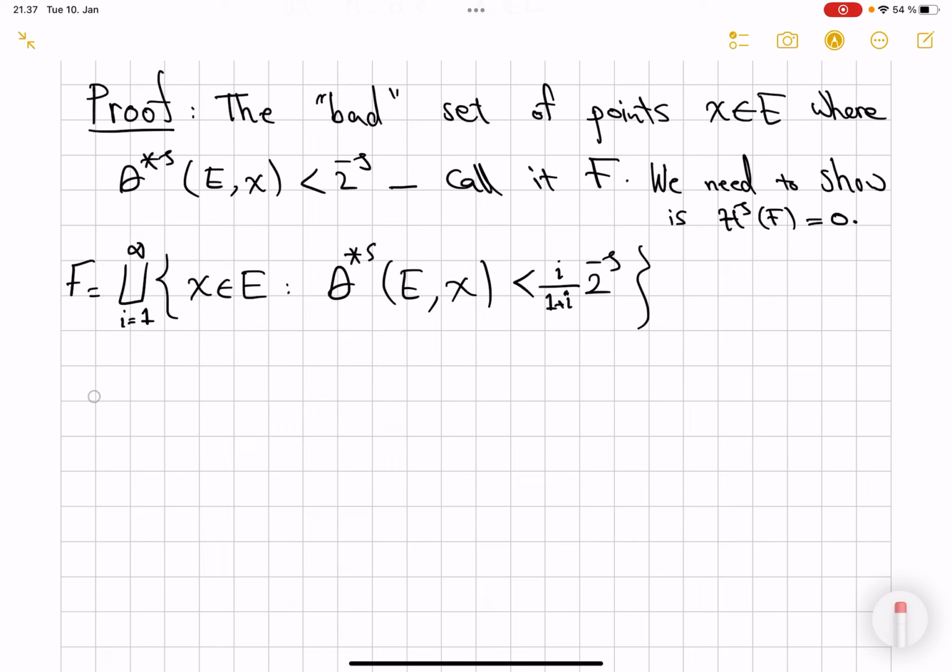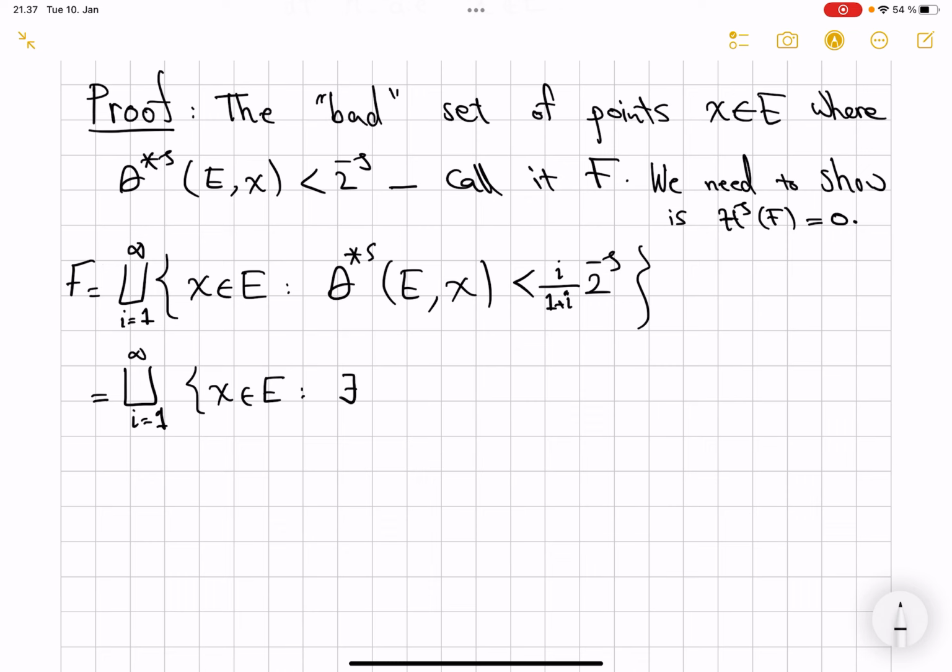Okay, but when is the upper density less than some number? Well, this is the limit supremum as r goes to 0, and for a limit supremum to be smaller than a quantity means that for all small values of r,